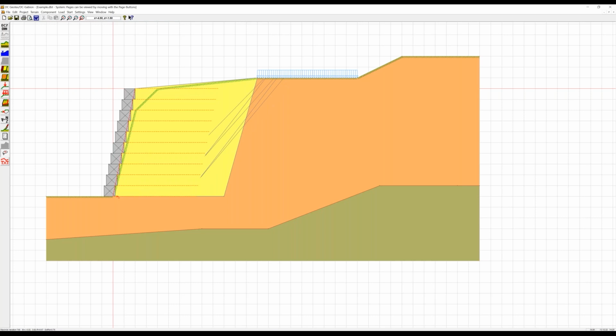Here you just saw that there was a little lengthening of the geosynthetics. Now we have the iteration of the friction circle. These are the centers of the slope stability circles. And then the analysis is finished. And we can switch through the graphics alone or the complete results. And here